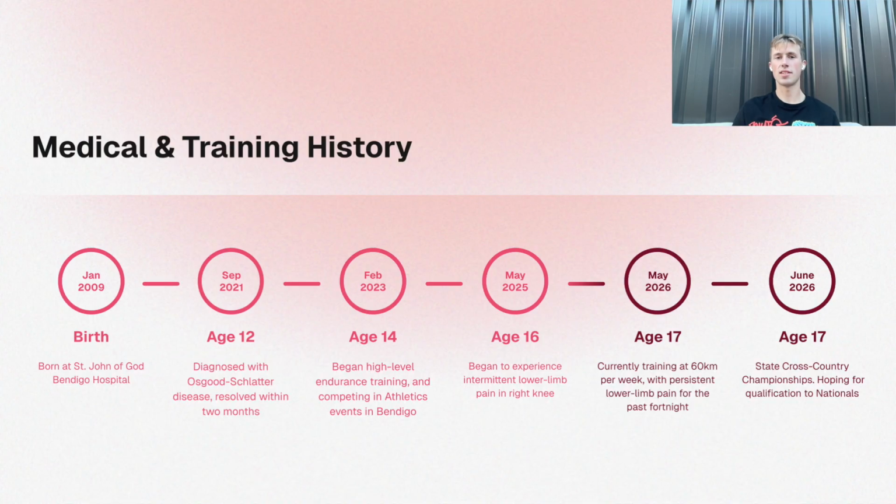Sebastian had Osgood-Schlatter disease at the age of 12 at his right proximal tibia, caused by strain at the patellar tendon insertion. It self-resolved within 2 months, but left a persistent prominence on his tibial tubercle at the right knee. He has no history of pathological fractures, systemic illness, or chronic disease, and there are no known major risks of hereditary disease in his immediate family. He continues to train with minimal modification despite some discomfort as he hopes to compete in state cross-country championships next month.